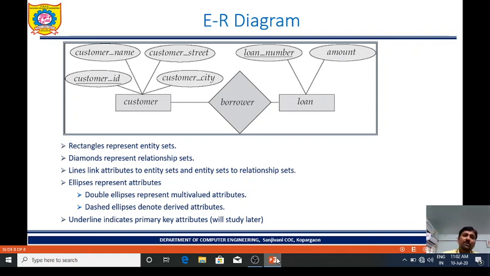These attributes have been represented by ellipses. Loan is an entity represented by a rectangle, and loan has two attributes, that is two columns, loan number and amount. These two attributes have been represented by ellipses, and we represent the relationship by using a diamond. The customer-loan relationship is borrower, you can see in the diagram. This is one example of an ER diagram.